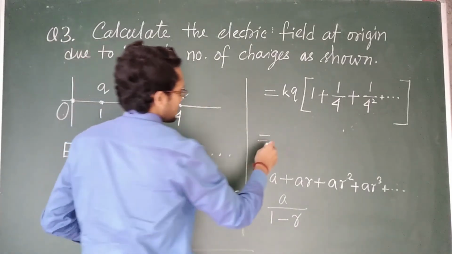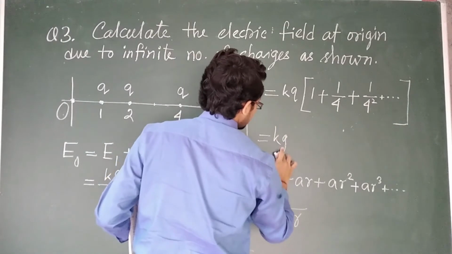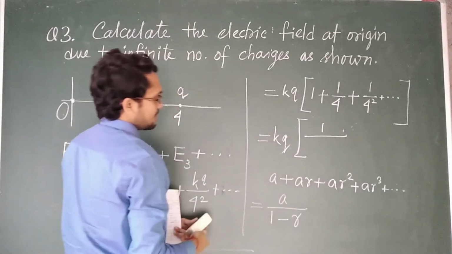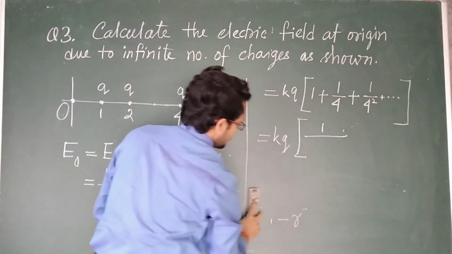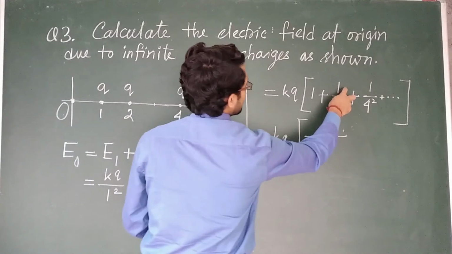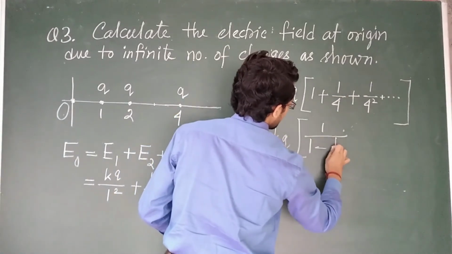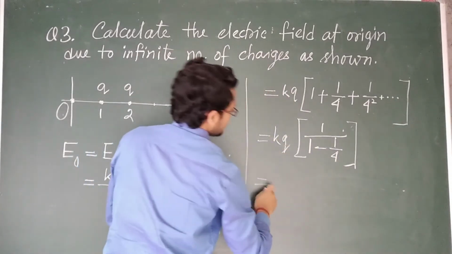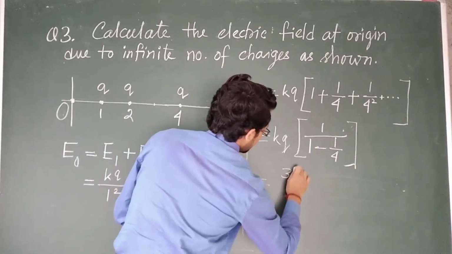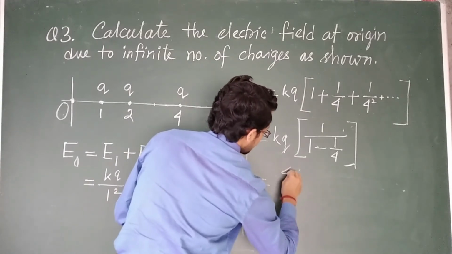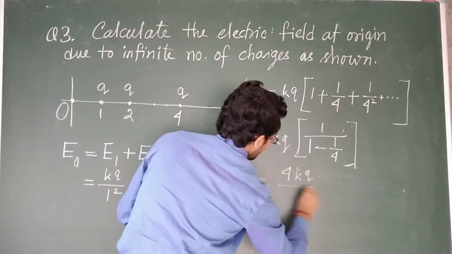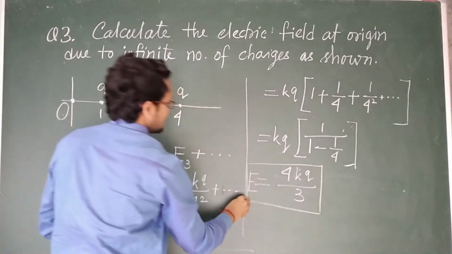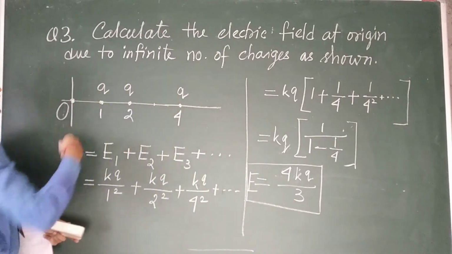So kq will be as it is, then first term 1 by 1 minus r. What is the value of r here? r equal to 1 by 4. So 1 minus 1 by 4. This will be the formula. After calculating, you will get 4kq by 3. So this is the electric field at the origin due to the infinite number